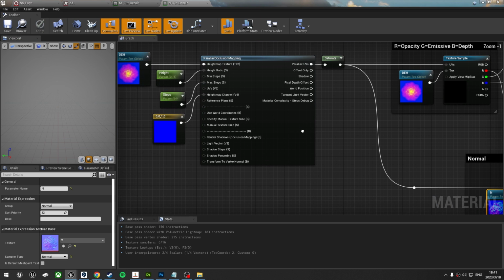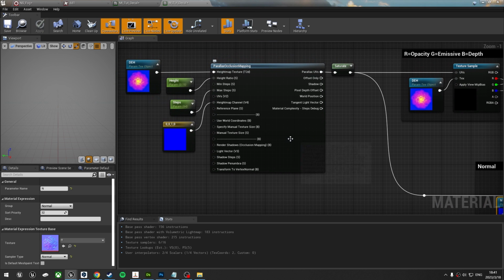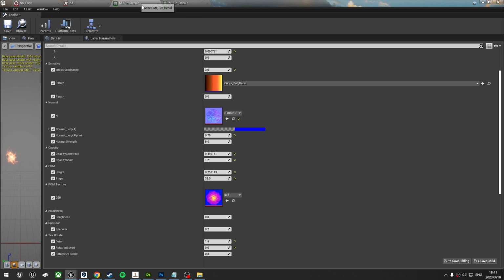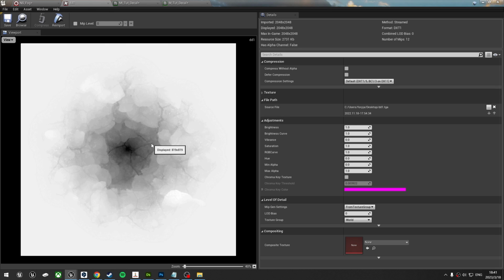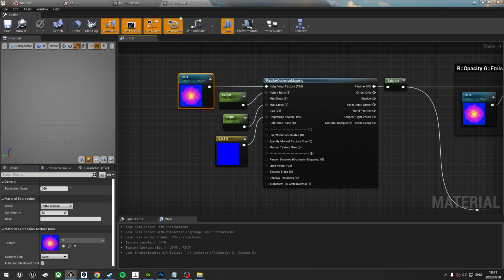And parallax occlusion mapping achieves bump by adding Heightmap data to each pixel,